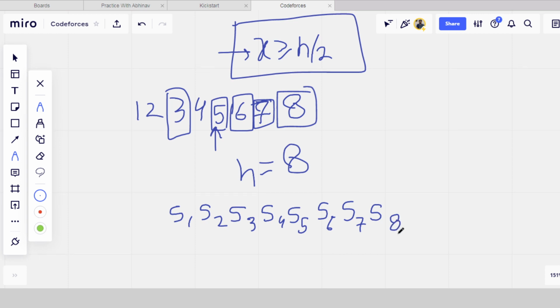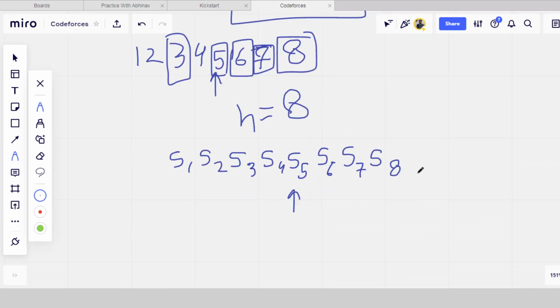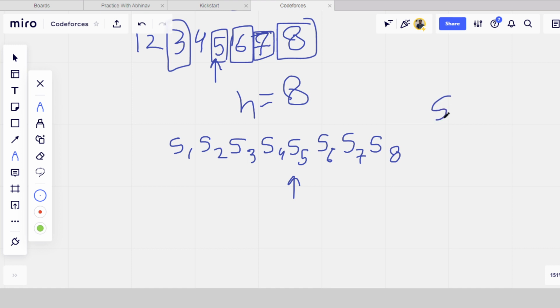So when we take x is equal to 5, then only this one is not replaced, and all the other strings will be replaced with c. If we take x is equal to 6, then only this will not be replaced, all others will be replaced. If x is equal to 7, like this. Okay, we will find the last index of the string where si is equal to c.